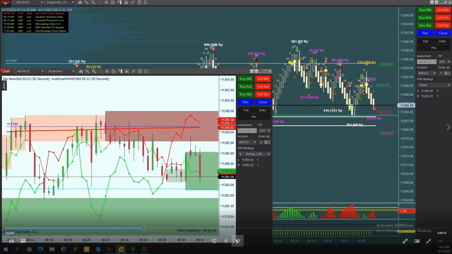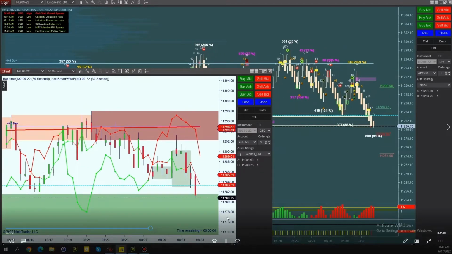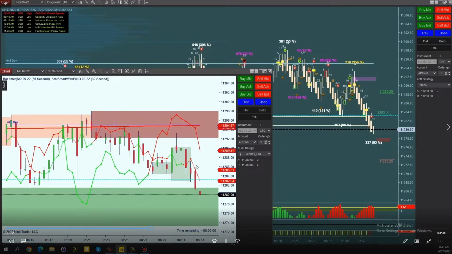Coming back down to the bottom of the range. Okay, here we go. We're trying to break out. We got both angling down, broke the low, so it's technically a simplicity short. Right here, right at about 11,280. 281, 280.50, somewhere in this area. We got a short now. So let's see if it trends short.